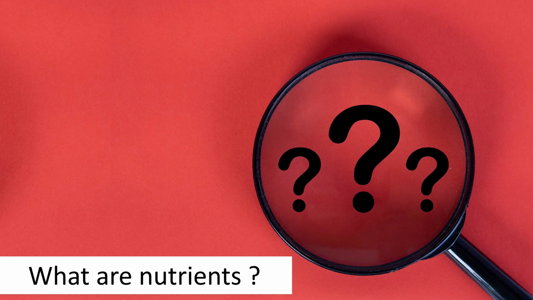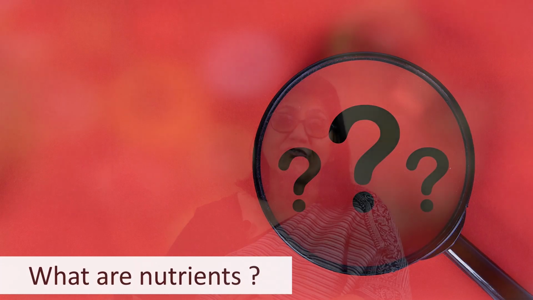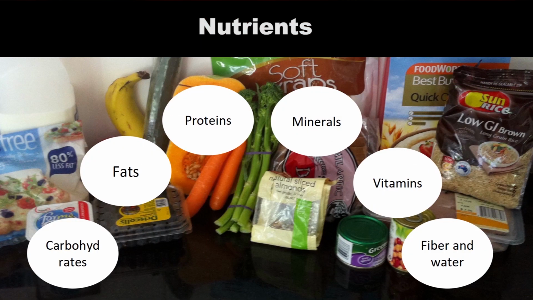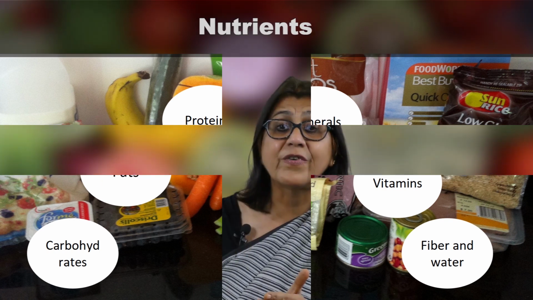Now it is important to understand what it is that is present in food which performs these functions. Yes, the concept of nutrients. You have already learned about it, so we are again recalling that these chemical substances are called nutrients, which are present in food, and which perform these major functions we've just talked about. You've talked about the essential nutrients such as the carbohydrates, fats, proteins, vitamins, minerals, and of course water and fiber.